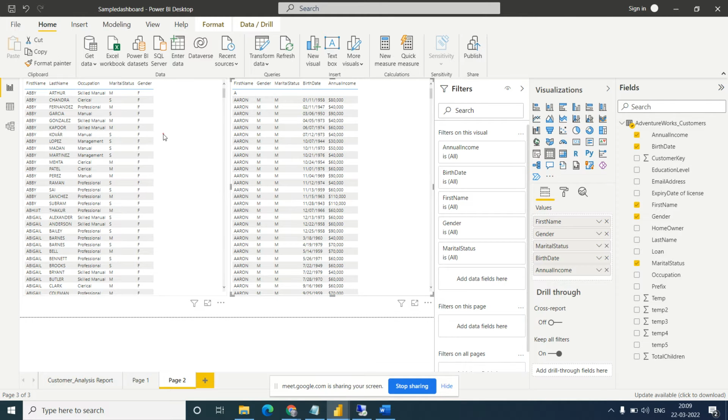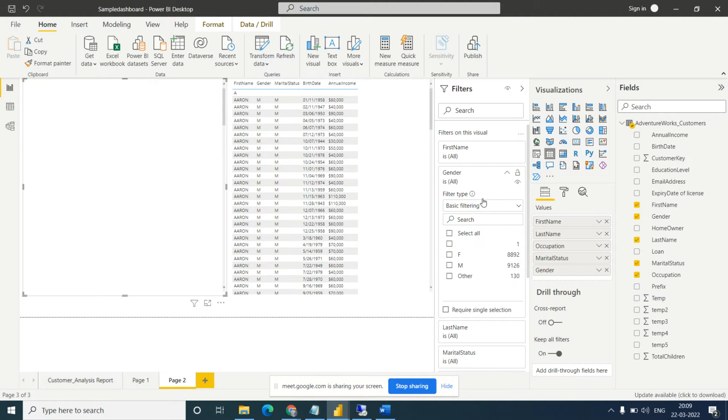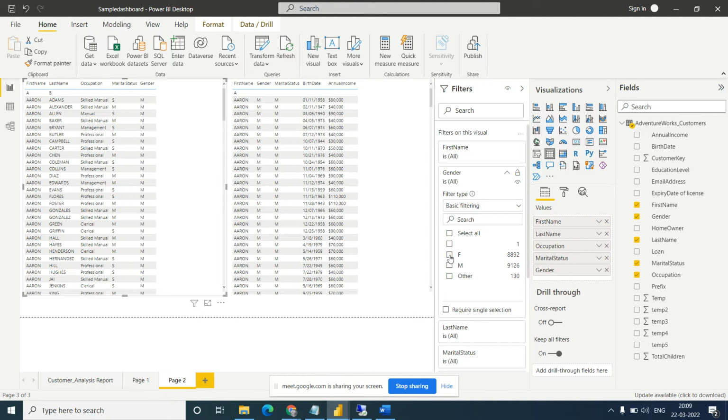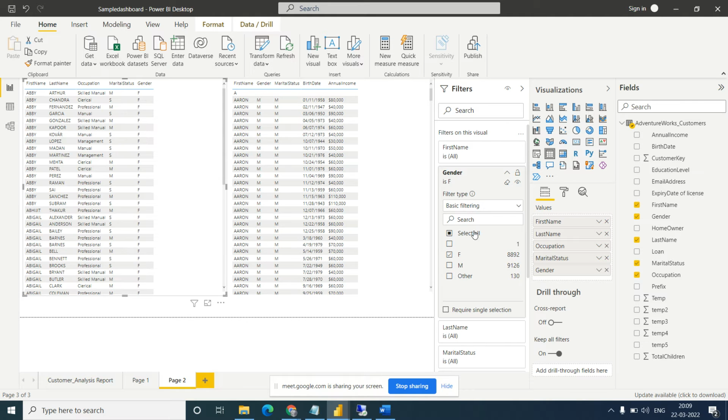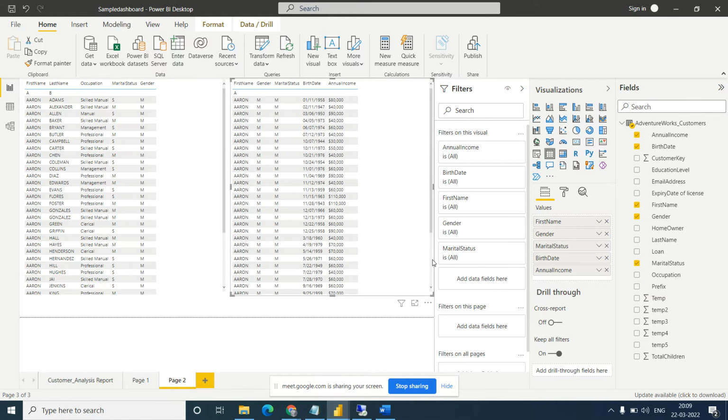Let me remove some filters from here and clear this filter. How to clear? A clear button will come. Suppose I have selected one filter and I want to clear it and go back to the same stage. There is a clear filter button, so it will clear, and now it is showing all data. Now what if I want to apply one filter and it should apply on both the charts at a time? How is that possible?